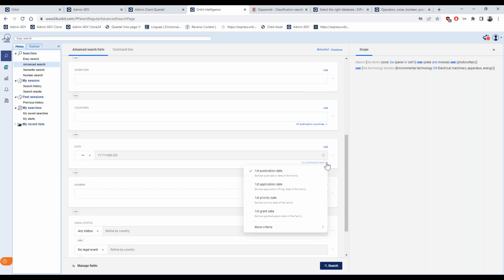Then as a type, you have first publication date, application and priority date, or grant date. And we talk about first because in a family, of course, you have different dates. In other criteria, you can search for all publication dates, publication, priority or application dates.